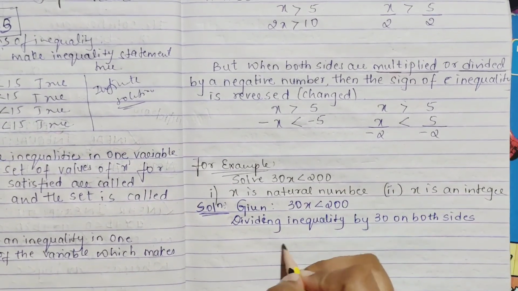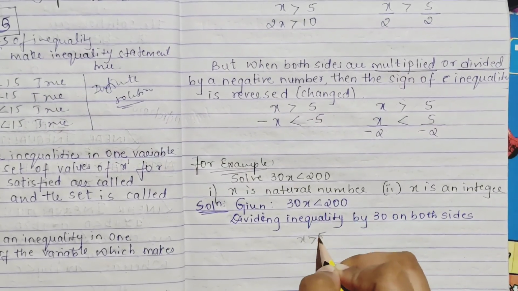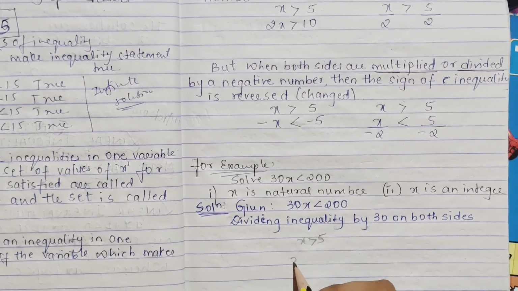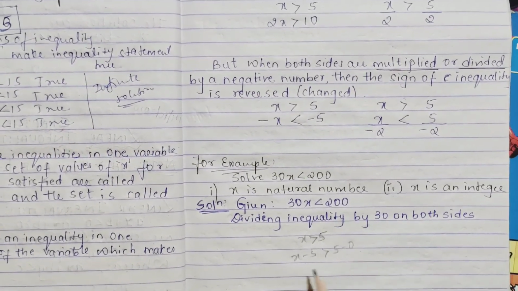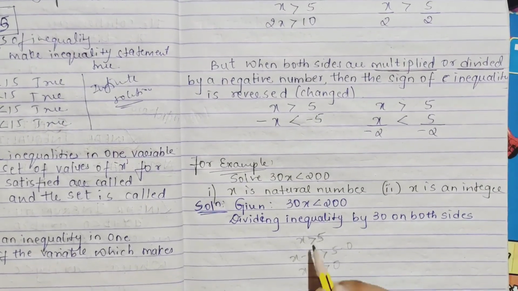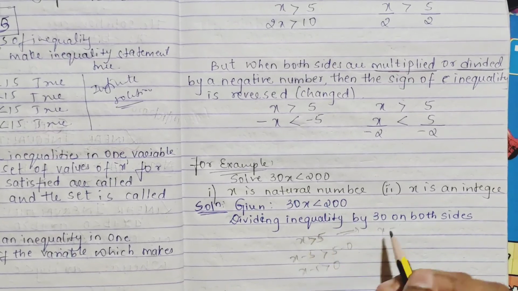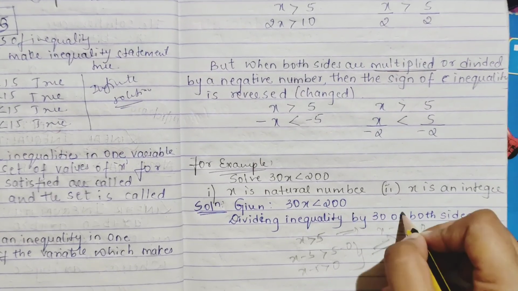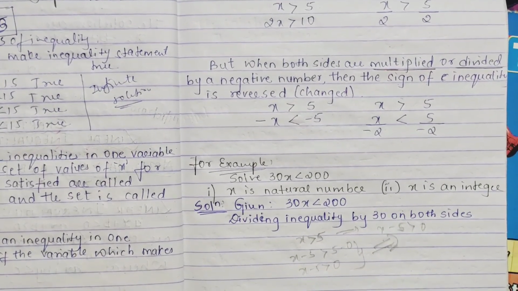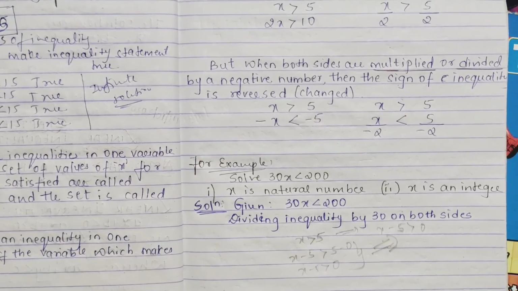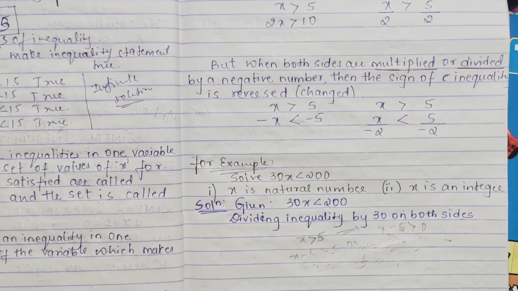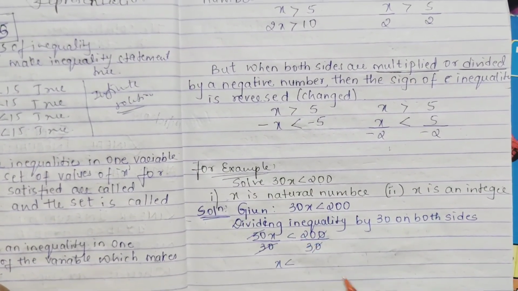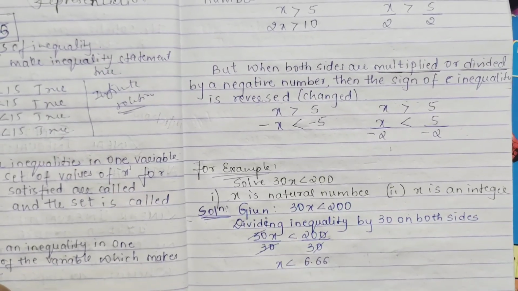Now suppose x is greater than 5. Subtracting 5 from both the sides, it becomes x minus 5 greater than 5 minus 5, which is x minus 5 greater than 0. Directly I could have written x, taking my 5 to this side, to get x minus 5 greater than 0. So ultimately we get the same. It is the same thing we are doing, and you have already studied these solutions. So you are dividing, and this 30 cancels. Here 3. So x less than 20 by 3, which is something like 6.66.